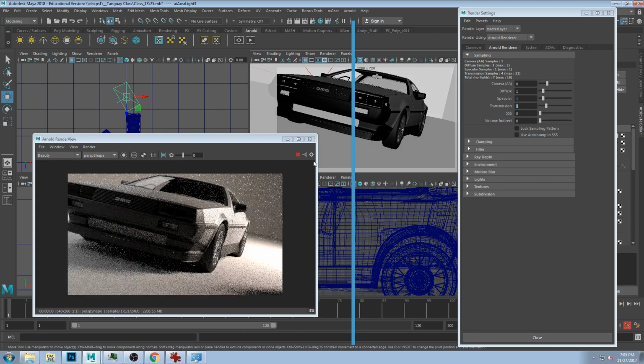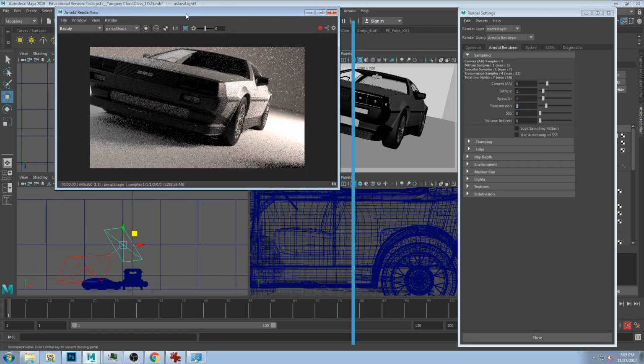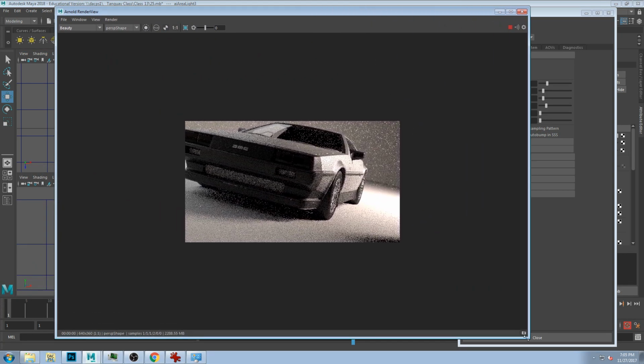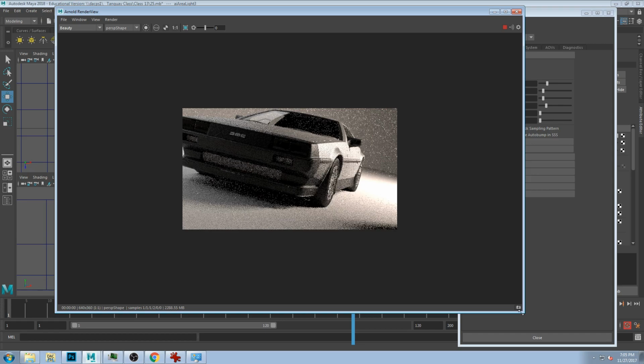What you're going to get is whatever this looks like, but better, if you continue to increase your samples, which we'll do in a minute here. Okay, so some of the other tricks you can do when you get into a level of detail. At this level, this is great for posing lights and posing cameras, because